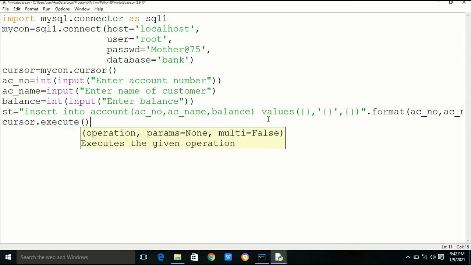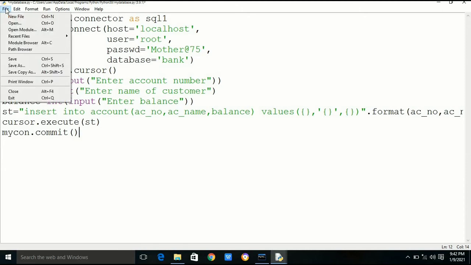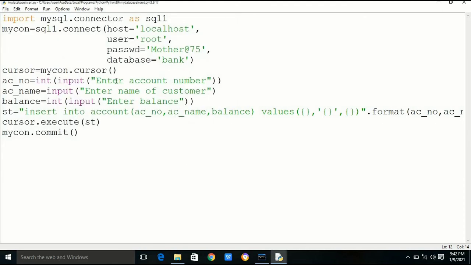Now we will save the file with any name. We will print a message, query executed. We can print any message as per our choice, only to see whether the query executed successfully or not. And we will run the program.